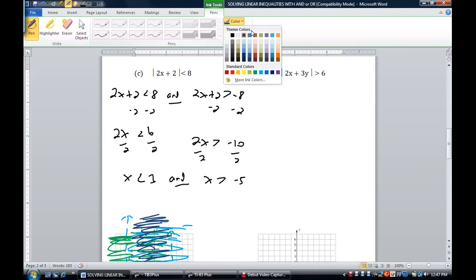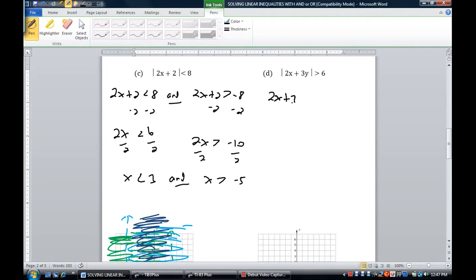Let's look at this one. It's a greater than, so absolute value. So we have two equations. So that means we have 2x plus 3y greater than 6. But greater than means or. So this one's going to be,